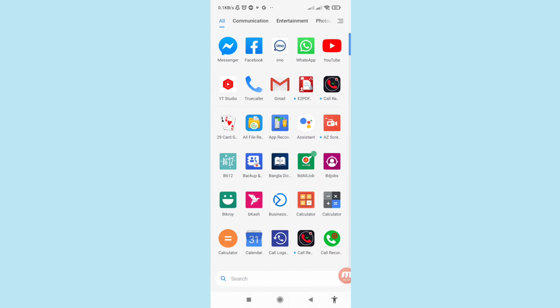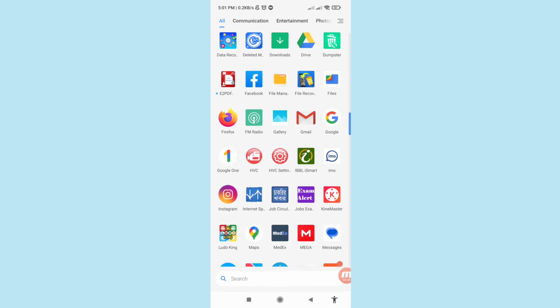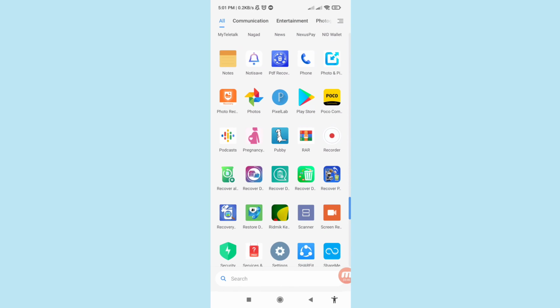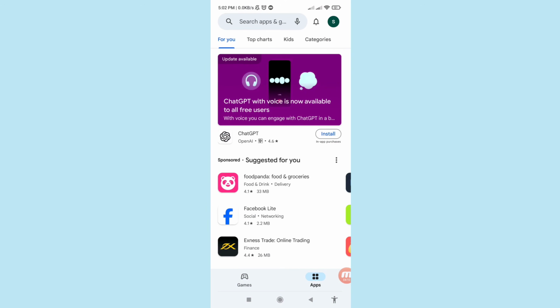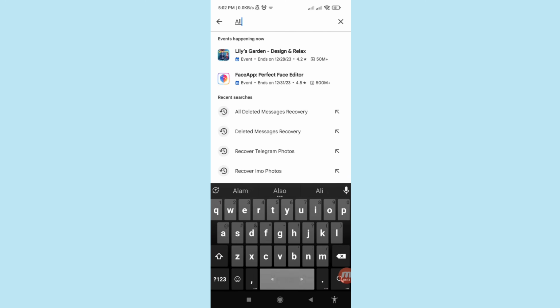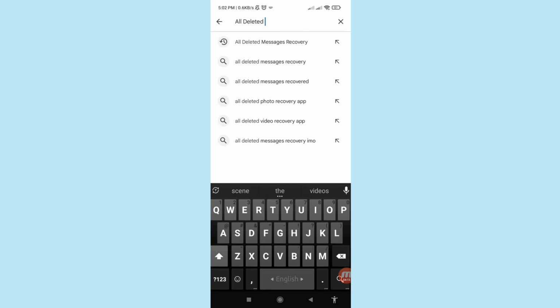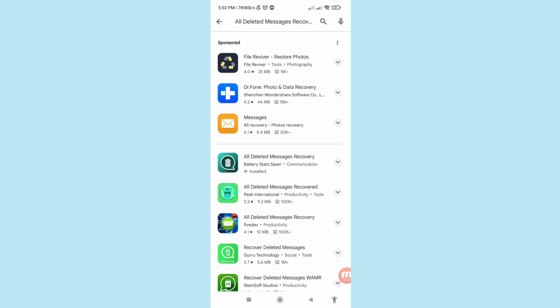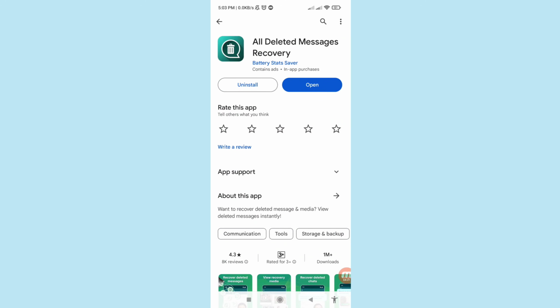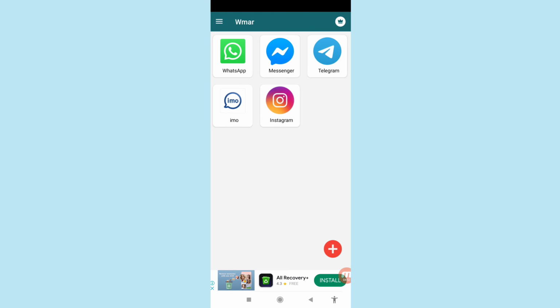So minimize it and go to Google Play Store, and open it, and then write all deleted messages recovery. All deleted messages recovery. Please install this app and then open it, and then you can see WhatsApp, Messenger, Telegram,